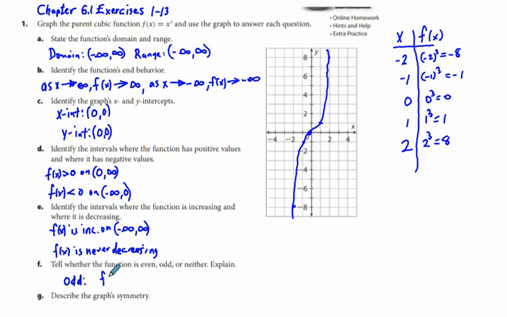f of negative x equals negative f of x. I don't particularly like this. I like really explaining the odd symmetry. And we have, for g, we have f of x. They say symmetry about the origin, but I would rather put it this way: has